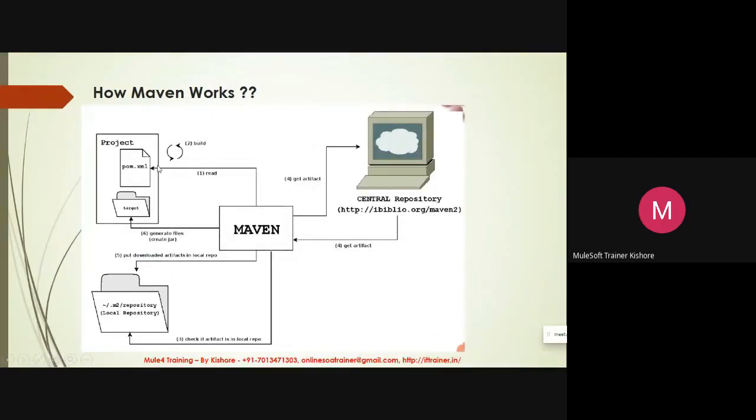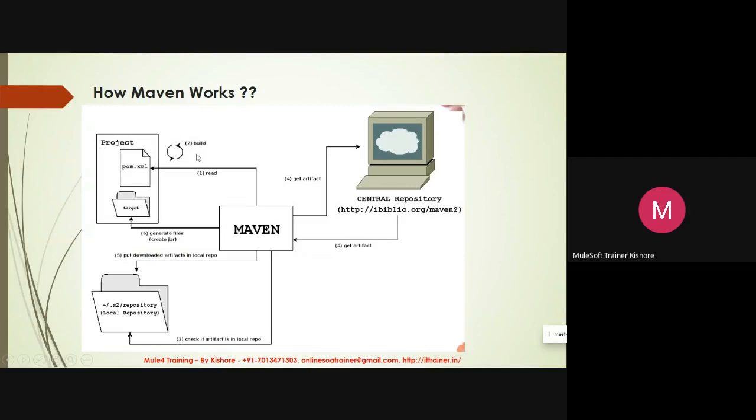In every project, there is something called pom.xml. Your Maven will read this pom.xml. Till now, we haven't discussed pom.xml; we'll get to know that in a few minutes. Whenever you type any command to Maven, say mvn clean or mvn compile, it will go to this pom.xml, read the things, and then start building.